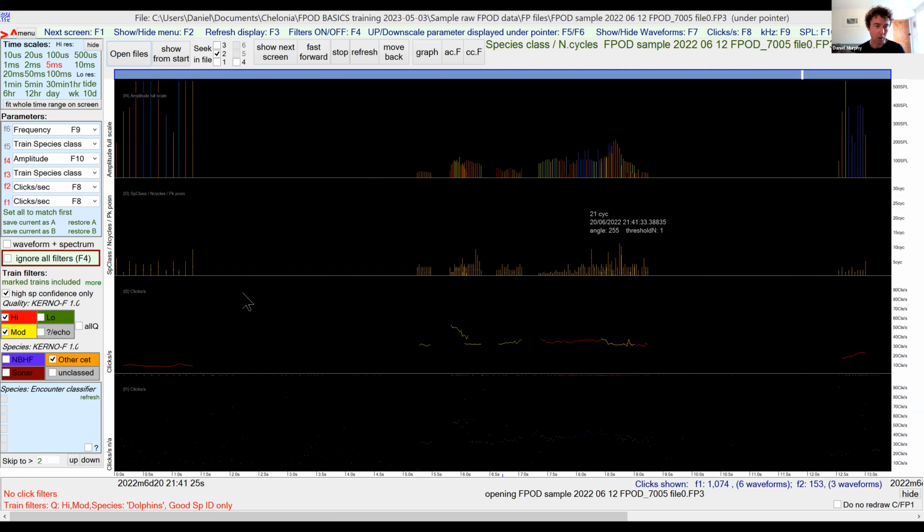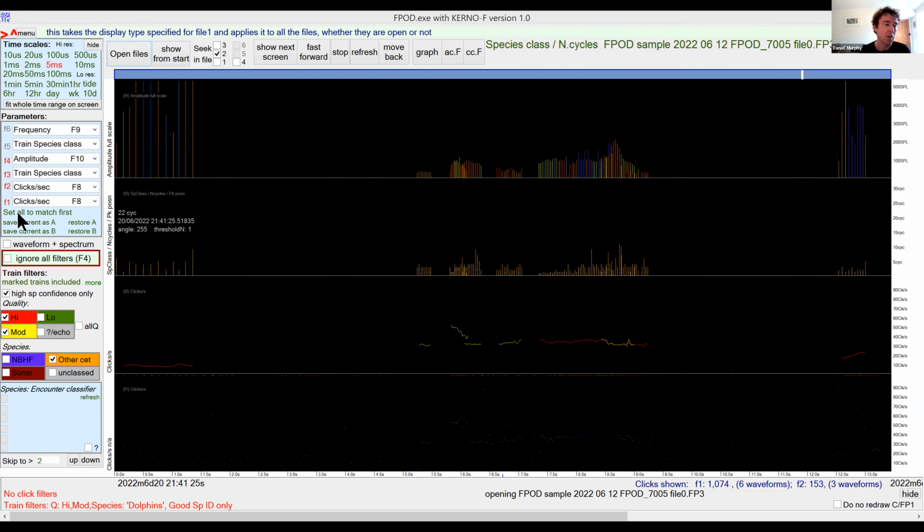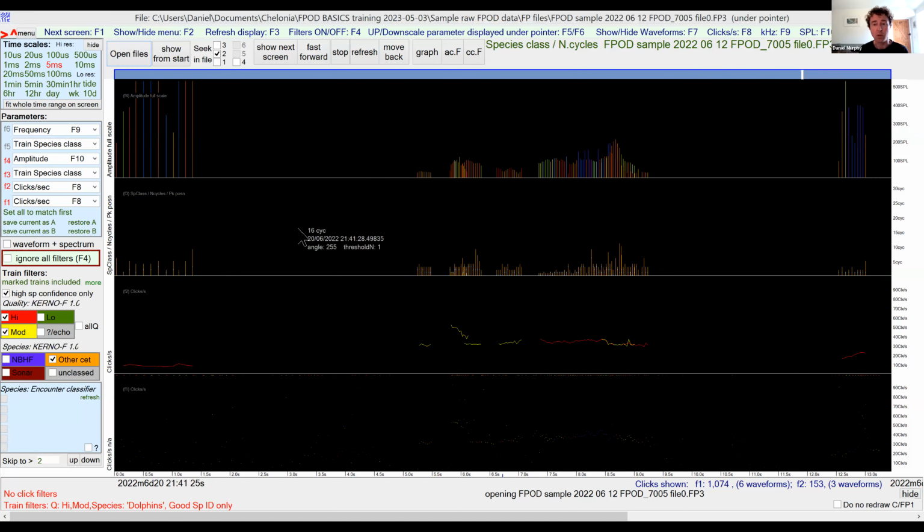I'm just going to show you another way of navigating. Underneath the parameters, you've got this thing here that says set. No, sorry, what am I talking about? Underneath train filters, we've got the marked trains included. So as well as setting an individual time point, you can also mark any